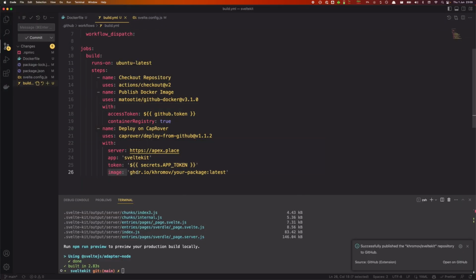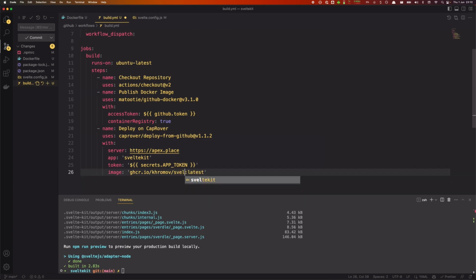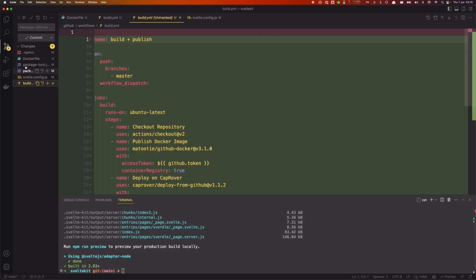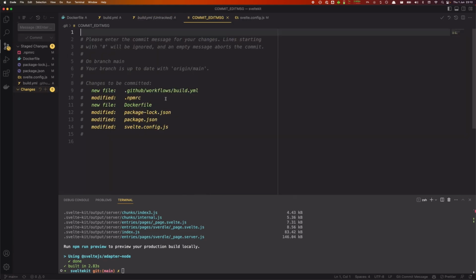Then it's asking us which image to deploy, and that's going to be ghcr.io/your username/the name of the repository. All right, there we go. So I have some file changes here, specifically the changes we've been making. I'm going to go ahead and stage those changes and